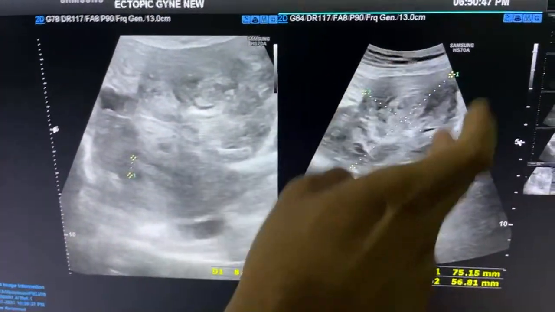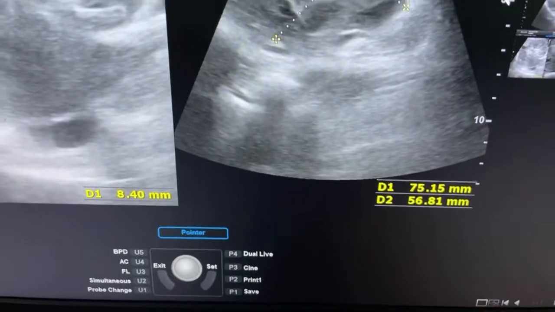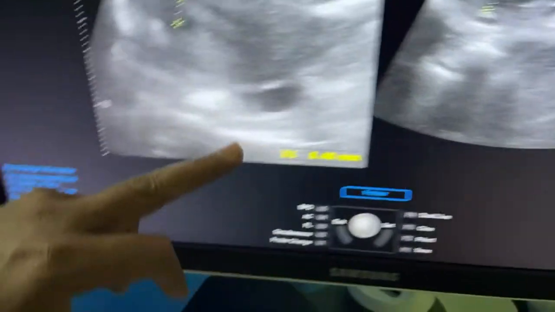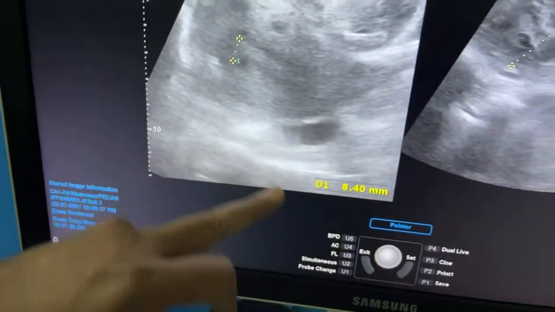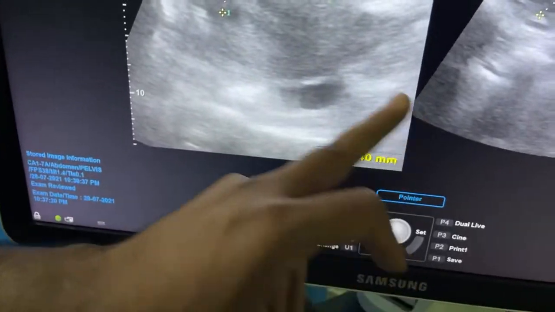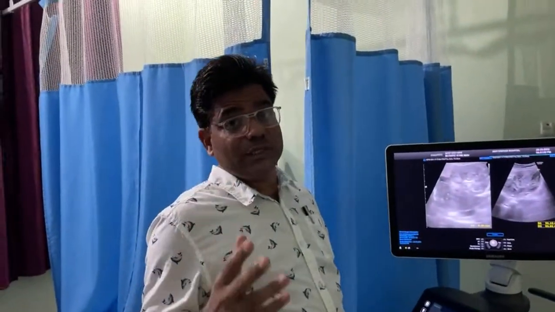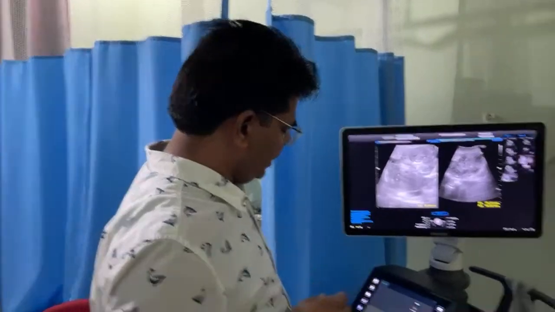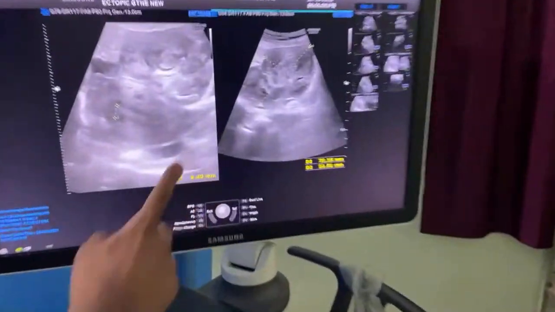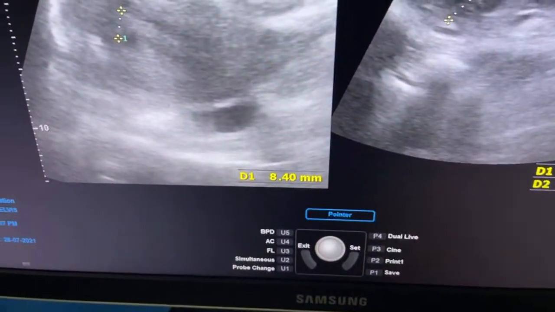So see this, I am measuring that tubo-ovarian mass. Again see, it is 88.4. Keep on seeing all these values. All these values are of great importance. If you apply all these one by one, things will be easy for you. Now see this again, less than 11 mm. I am going to the next.